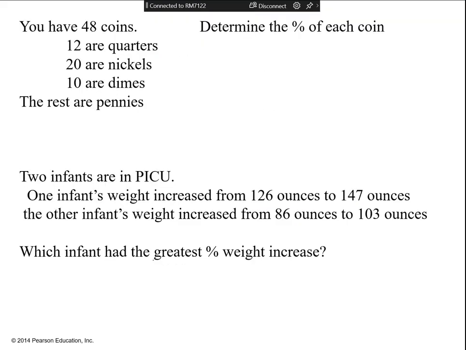So here's one that's pretty simple. So you have 48 coins. Okay, so 48 coins, 12 are quarters, 20 are nickels, 10 are dimes, the rest are pennies. And so the question is what is the percent of each? So what is the percent quarters? How do I figure that out? 12 divided by